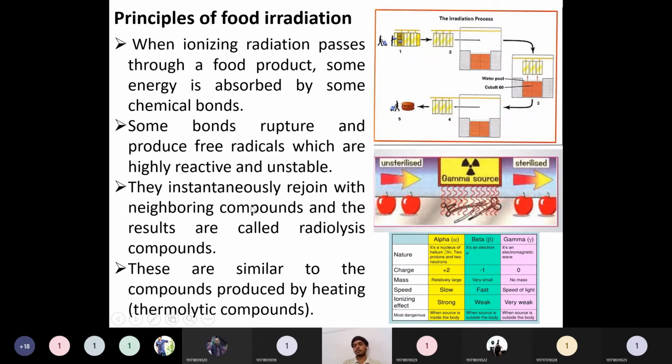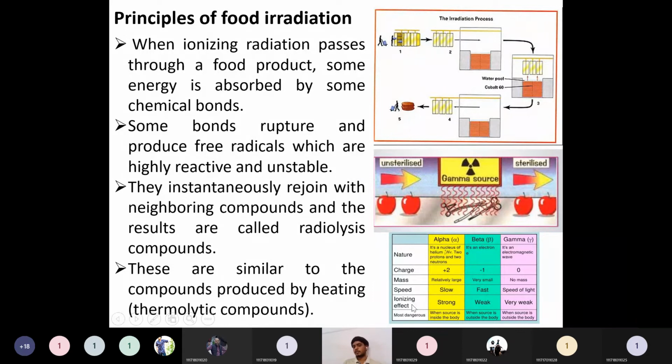But in the irradiation process, what happens? The main, wonderful feature is that their texture, their shape, their quality, their nutrition value will be the same as that of the fresh one. So that's the advantage, that's the beauty of this irradiation. That's the statement they are making here. If you see the unsterilized apples, when some gamma source is applied on them, finally what happens? The sterilized products will come. That will have the shape, size, texture, quality, and nutrition value, everything with only a minute change. Everything will be the same.